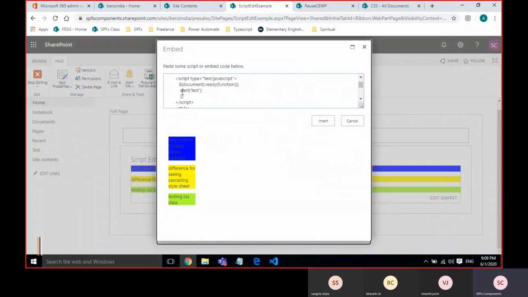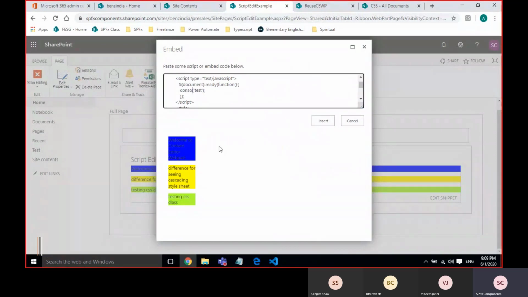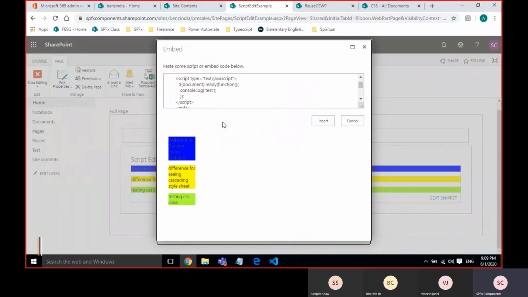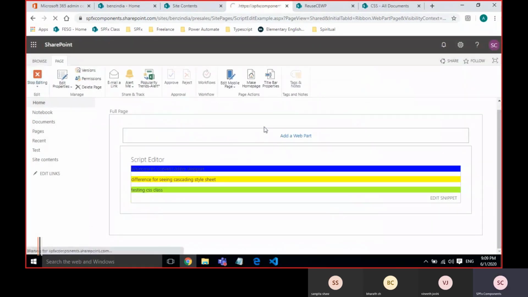And instead of alert, console.log. So directly you will write the code here and you can see the difference, if any, CSS or normal things. Insert, stop editing.